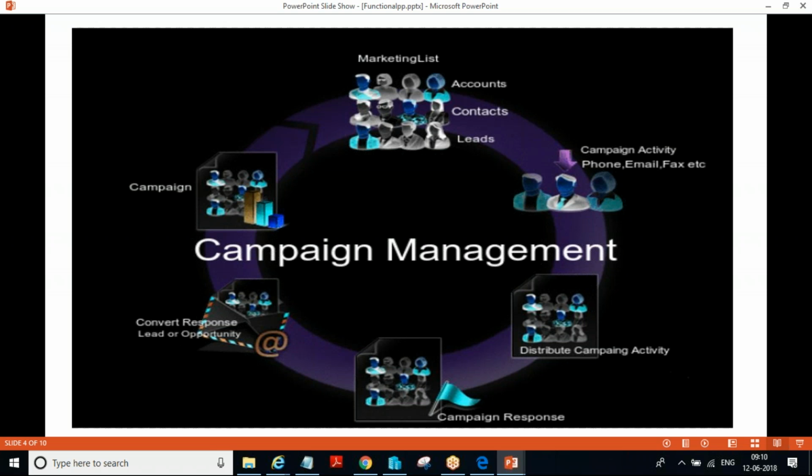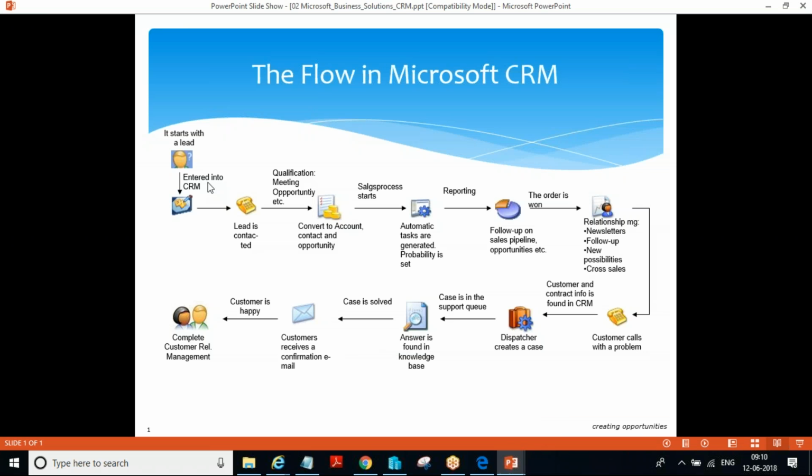So, I see, opportunity turns into a case. Are you going to show me how it is covered? We are still here. We are still at the lead level itself. We did not come to the opportunity yet. Before getting the lead, how do you get the lead? What are the sources to get the lead? Sorry, I got it. So we started with the lead only, right now.